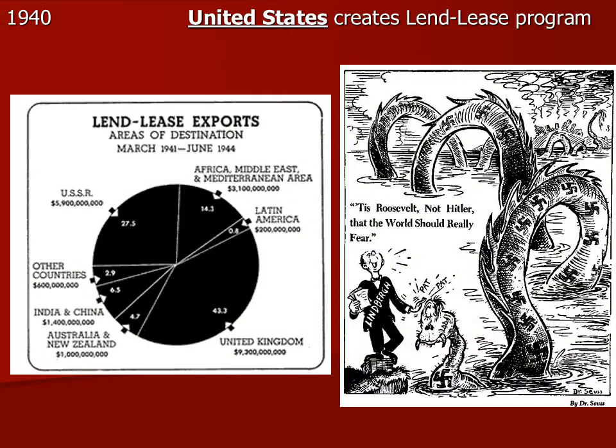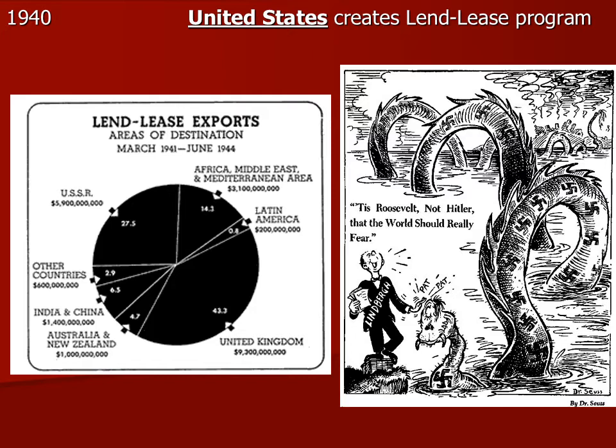In 1940, also, the United States creates the Lend-Lease program, and in doing so, we will begin lending and leasing different products. We're going to give them planes, tanks, guns, and ammunition, and supplies of all kinds, except soldiers. We are not going to involve soldiers in this particular campaign because we don't want to get involved. And these programs will continue throughout the war,